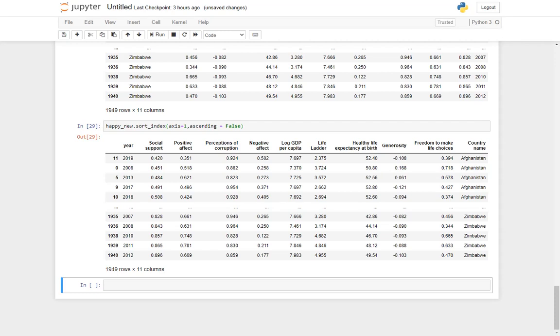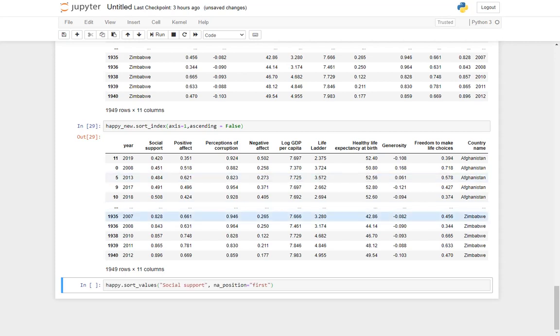Now in a real data set, there might be many instances wherein there will be many missing values or NaNs present. So rather than at the end, let's say you want to place them at the top, while sorting you want to place those rows at the top. Even that can be done by a special parameter called Na_position.